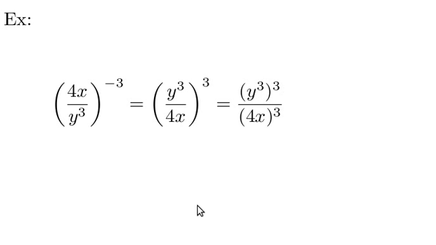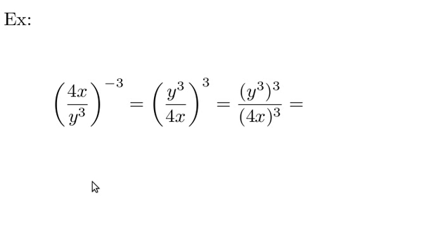So for y to the third, remember rule number 3, where we multiply these two together. So we'll get y to the 9th over, and then we still have this 4x to the third, where we'll get 4